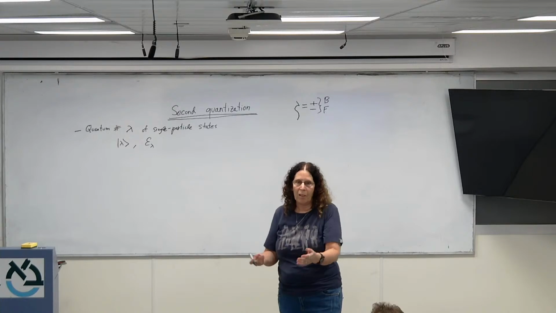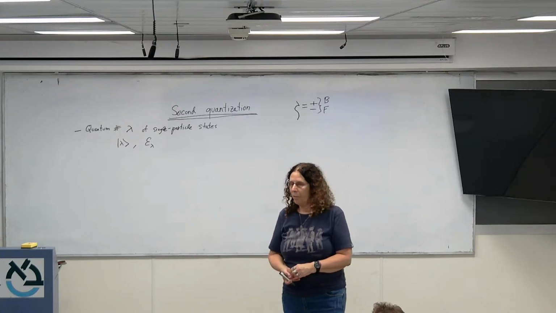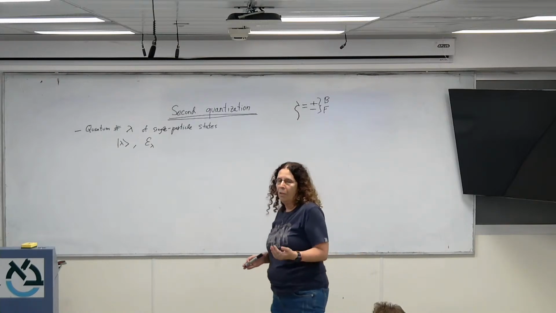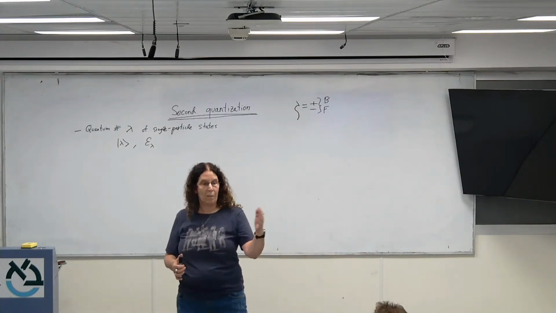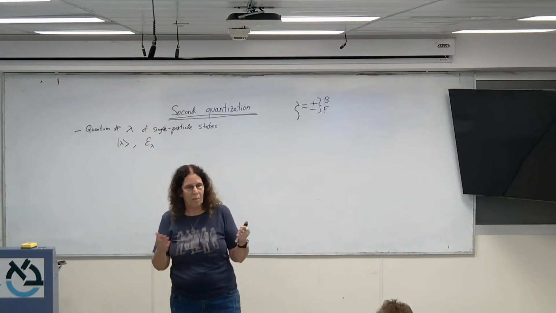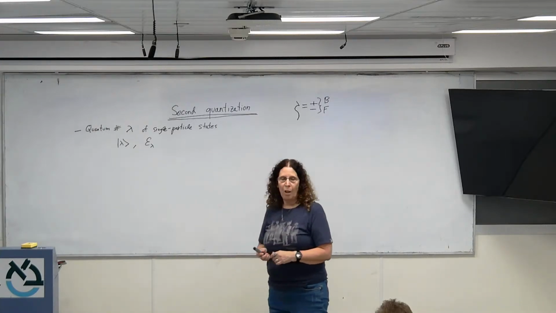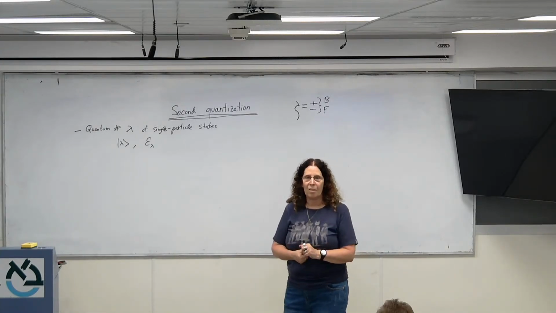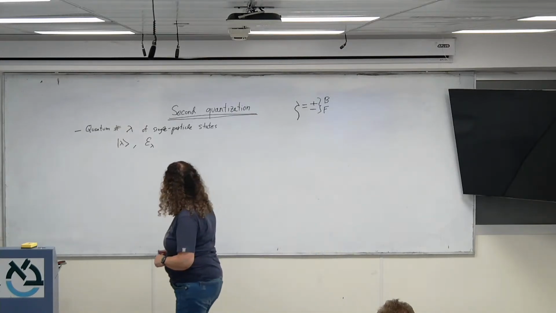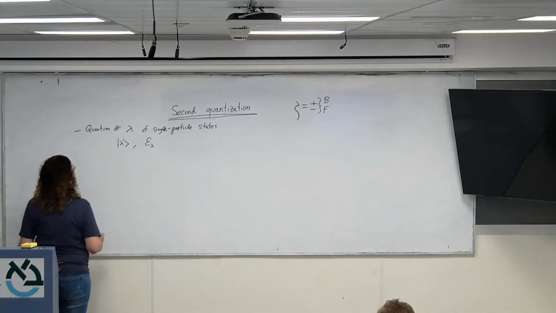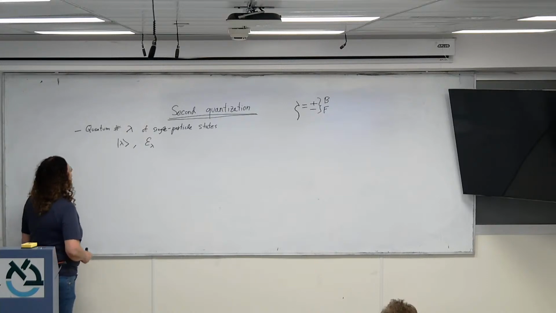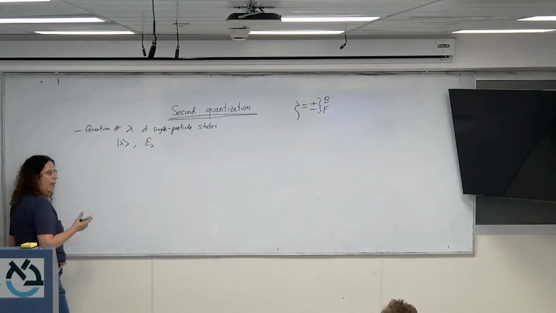For example, if it is some heavy atom with many, many electrons, it will be the energy states of the atom, dictated by some potential, and in the simplest case, it may even be spherically symmetric. It doesn't matter. So that's one piece of information we have. Now, for each state,